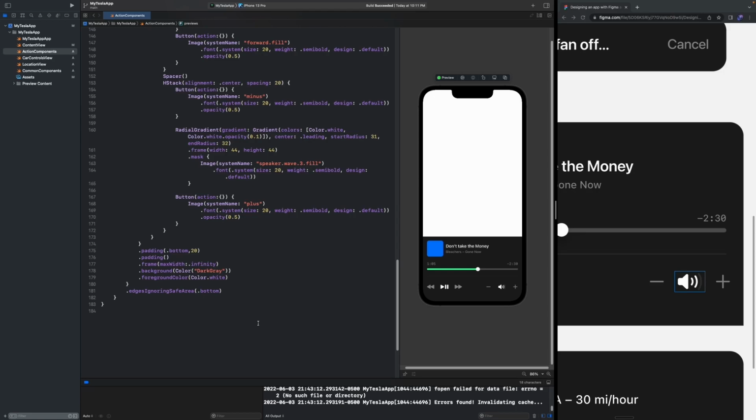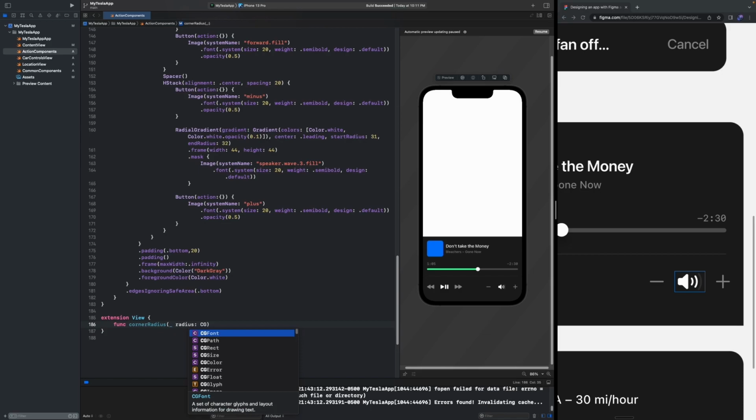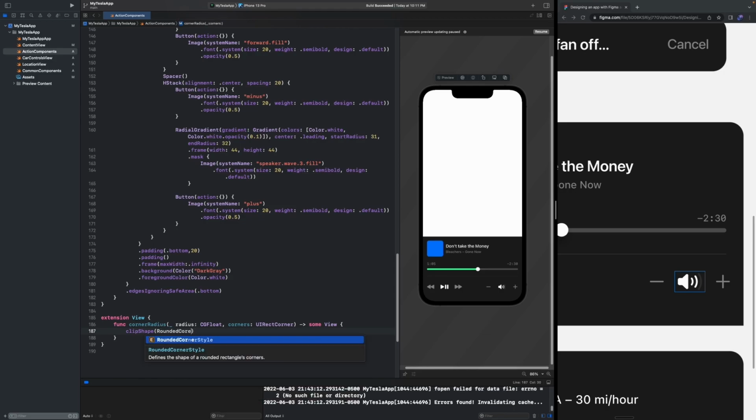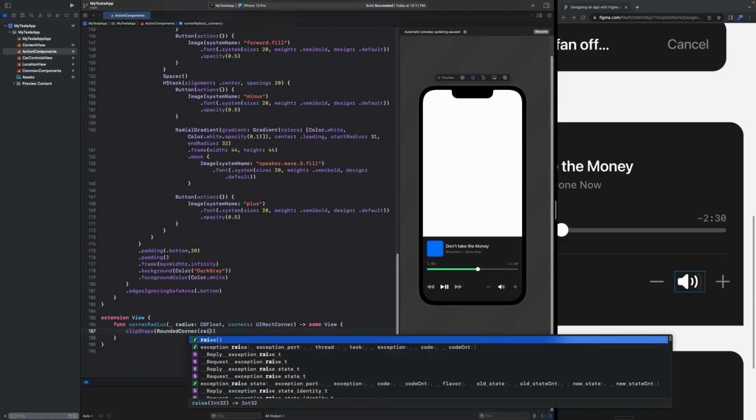And what we're going to do is add something called a view extension. A view extension allows us to add things to SwiftUI that weren't previously there. So we're going to write extension View, func cornerRadius, kind of like a modifier. This underscore means we're not going to ask for the label. I'll explain what that means. CGFloat, which is basically a number, and then corners UIRectCorner, and we're going to return some view. clipShape, RoundedCorner. It's going to be a view we're going to create, radius,